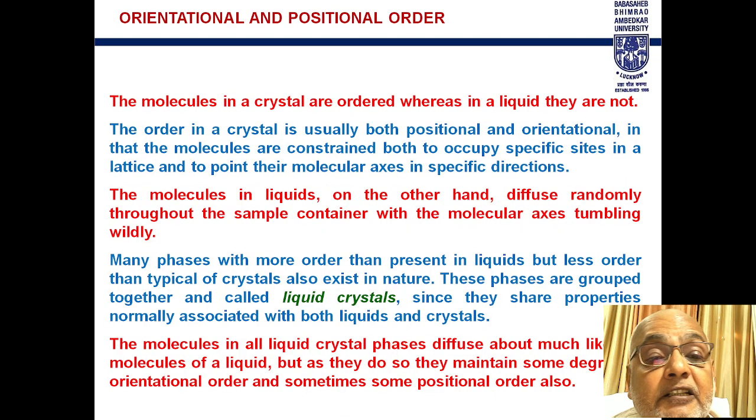The molecules in a liquid crystal are ordered, whereas in a liquid they are not. The order in a crystal is usually both positional and orientational. In that, molecules are constrained to occupy a specific site in the lattice and to point their molecular axes in a specific direction. The molecules in a liquid, on the other hand, diffuse randomly throughout the sample container with molecular axes tumbling